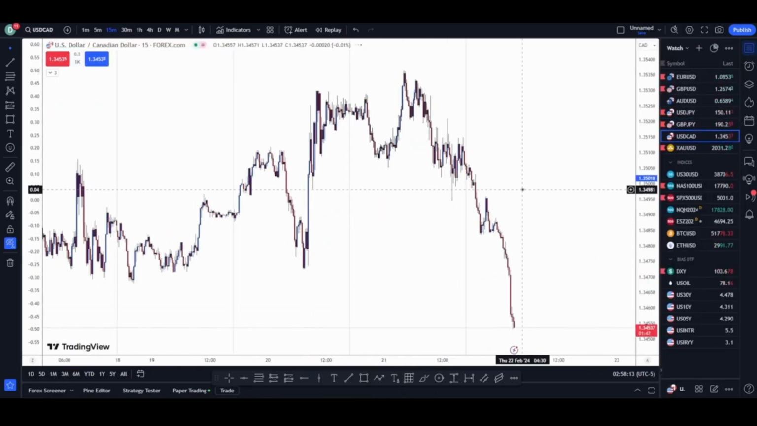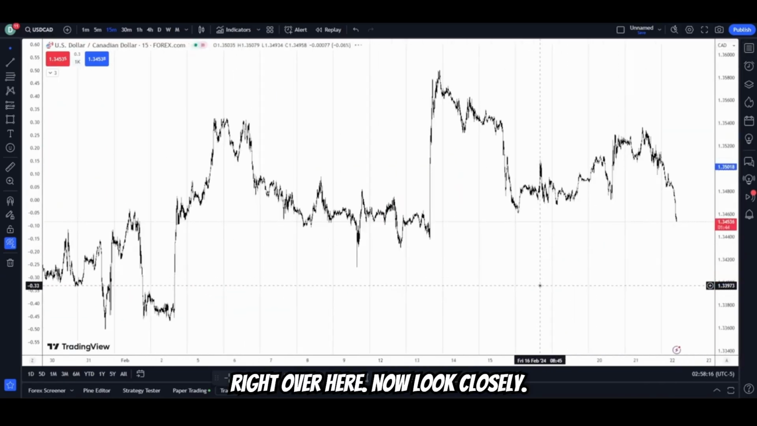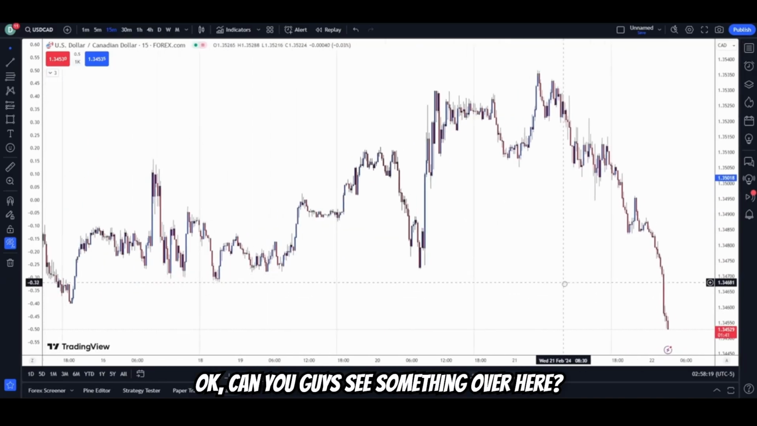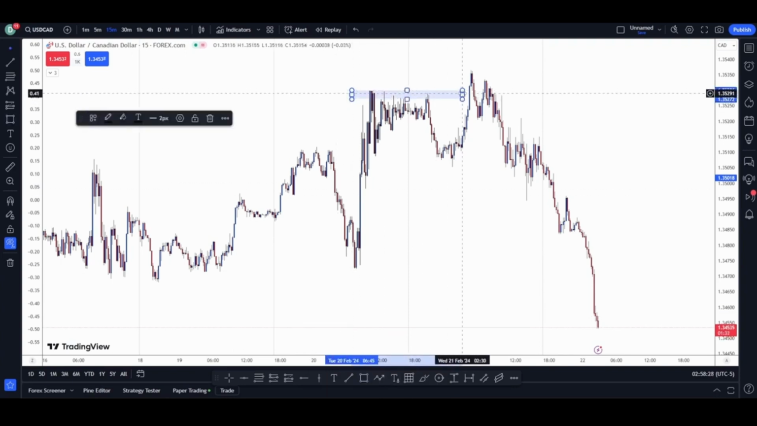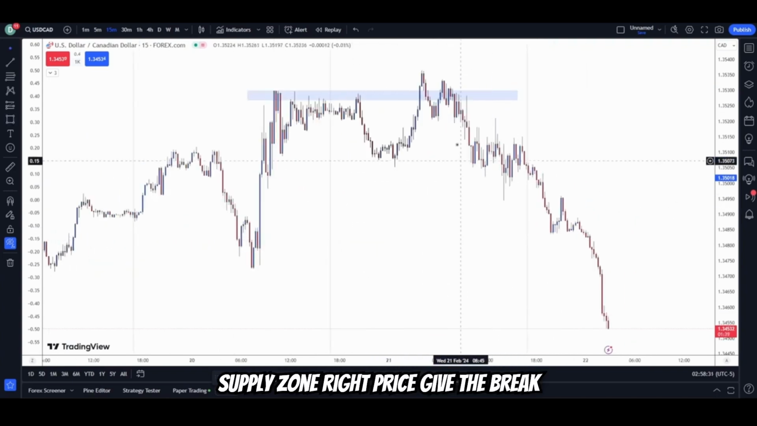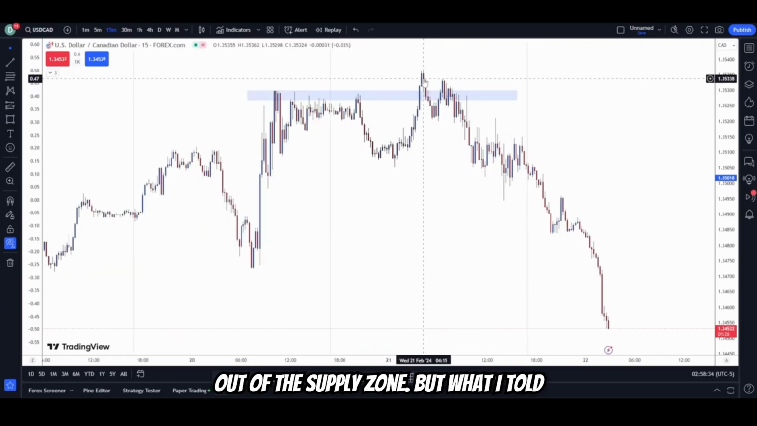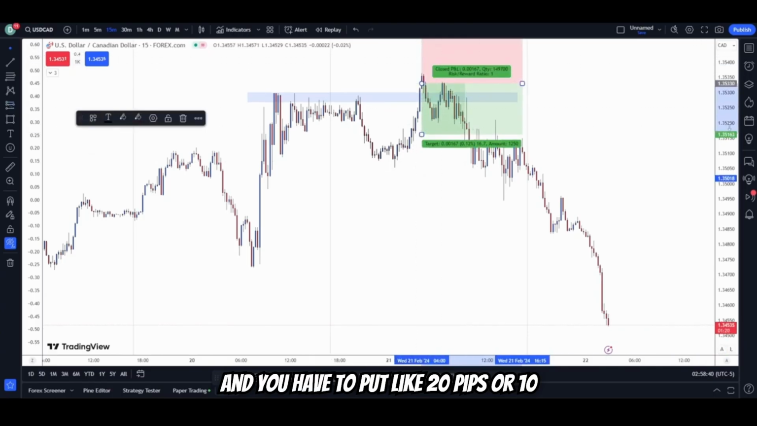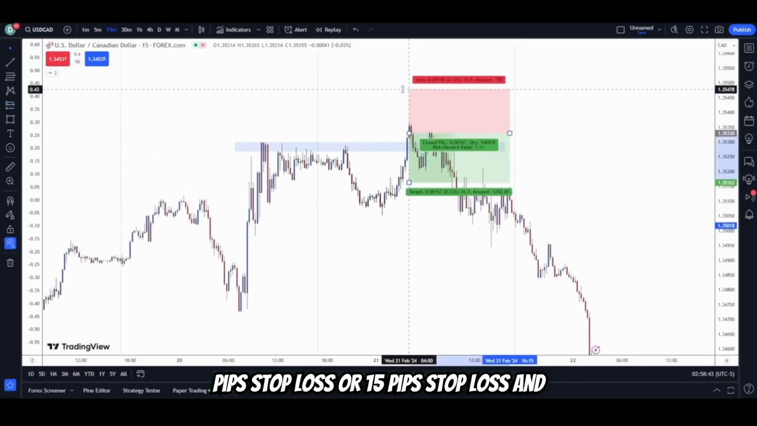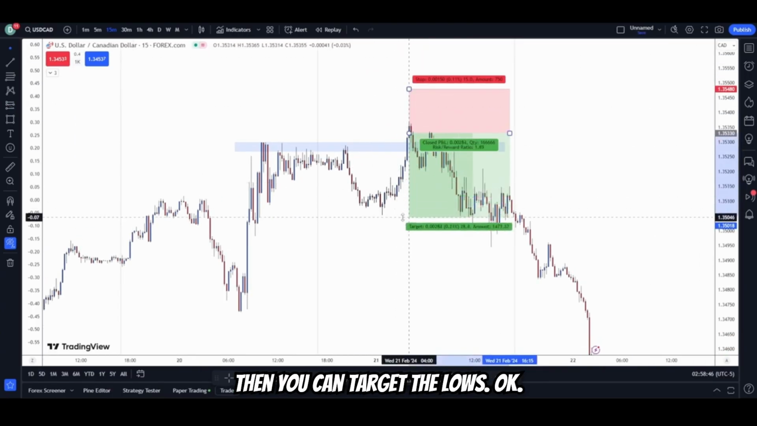USD CAD right over here. Now look closely. Okay, can you guys see something over here? It was making a supply zone, right? Price gave the breakout of the supply zone. But what I told you, you have to just take a sell a little bit above of the supply zone like this, and you have to put like 20 pips or 10 pips or 15 pips stop loss, and then you can target the lows. Okay,